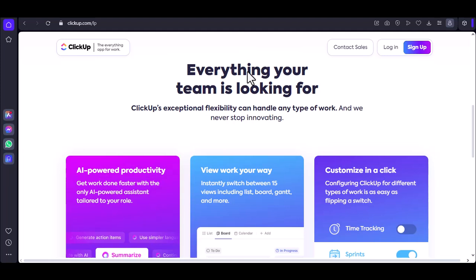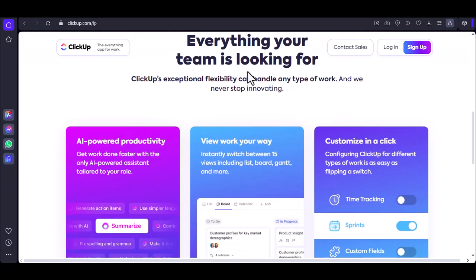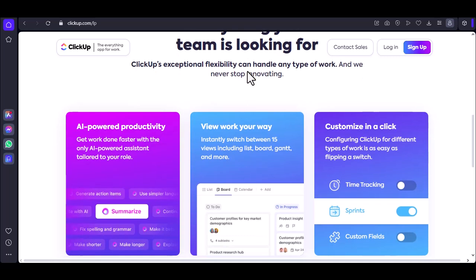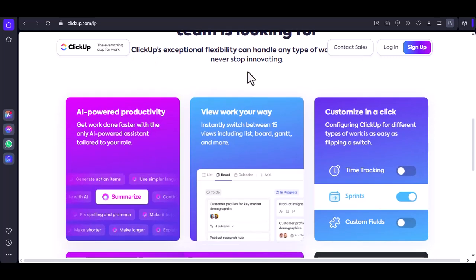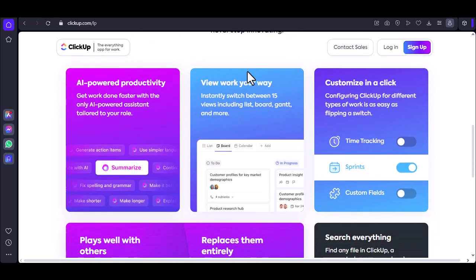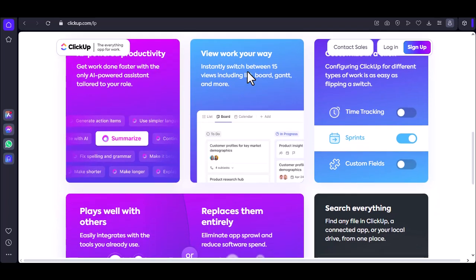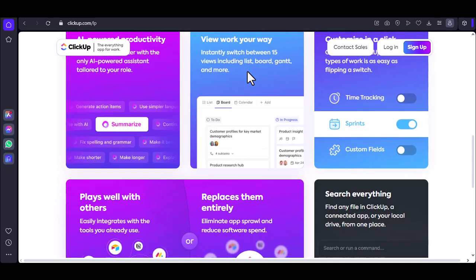If you simply need a basic to-do list, there are simpler options available. But if you're looking for a powerful, all-in-one work management solution, ClickUp is definitely worth considering. Ultimately, the best way to determine if ClickUp is right for you is to give it a try. The platform offers a free plan with limited features, so you can test it out without committing to a paid